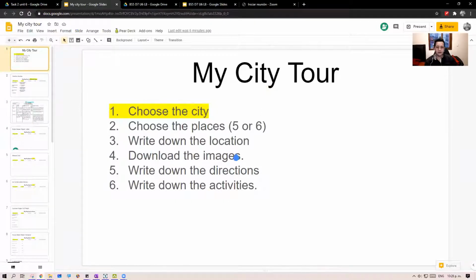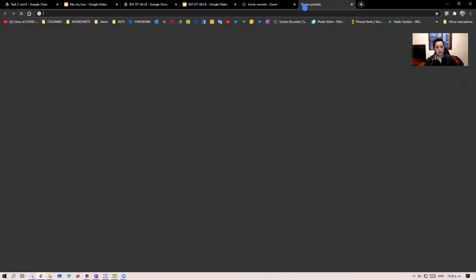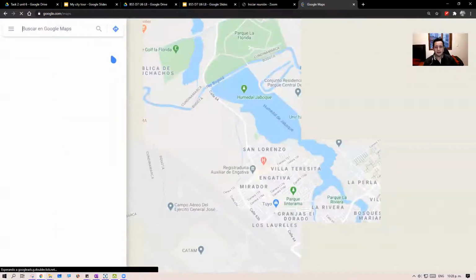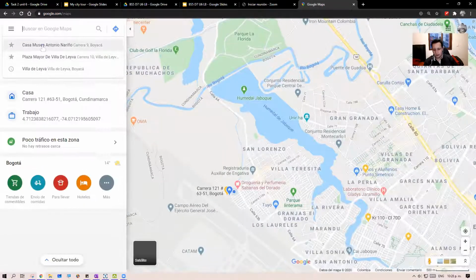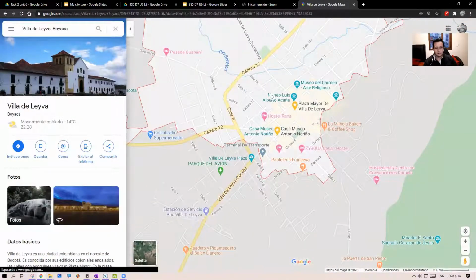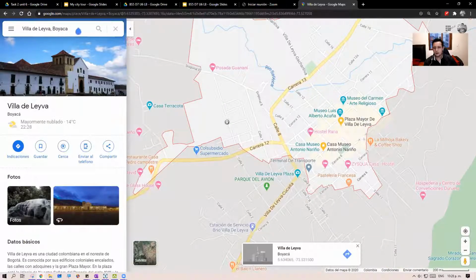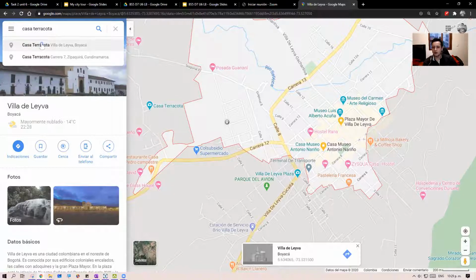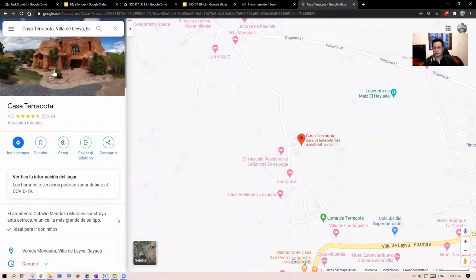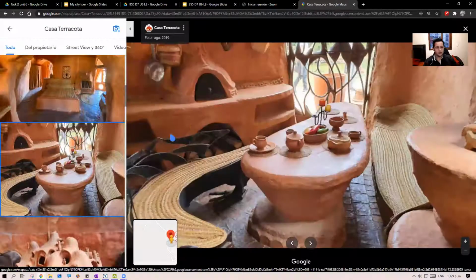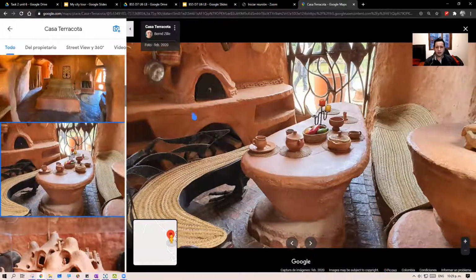download the images. For this, I suggest you to go to Google Maps. For example, Google Maps. In my case, I want to look for a picture in Villa de Leyva, so we go to Villa de Leyva, Boyacá. It's gonna send me directly to the town, and I want to download pictures from Casa Terracota. Okay, so I select the place I want to get some pictures from. For example, I want to get this one, it looks nice, and it is difficult to download the picture in